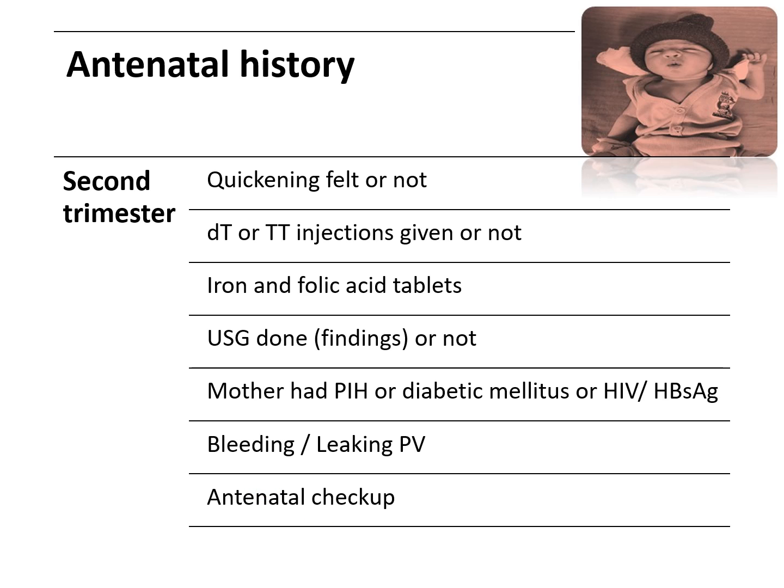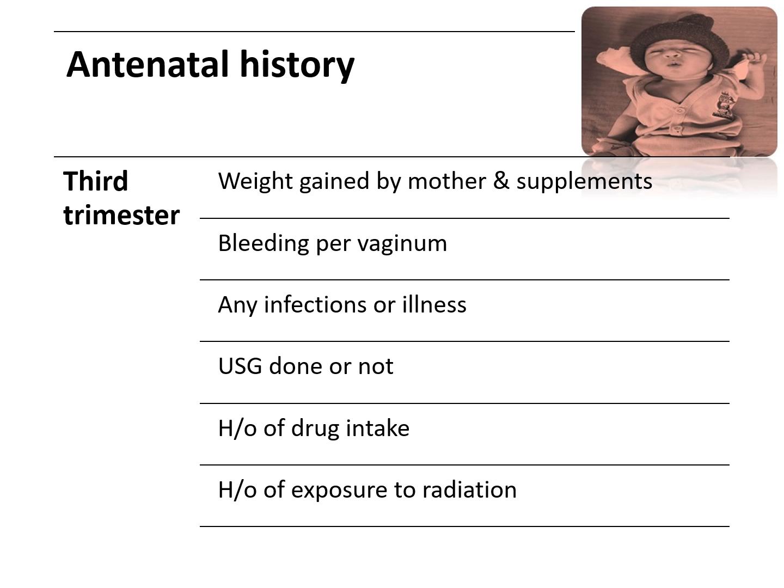And antenatal checkups, how many times taken during second trimester. Then in third trimester, how much weight gained by the mother. We know mother generally gain 10 to 11 kilogram throughout the pregnancy, and most of the weight gain occurs in third trimester. So we have to ask how much weight gained by the mother and supplements were continued or